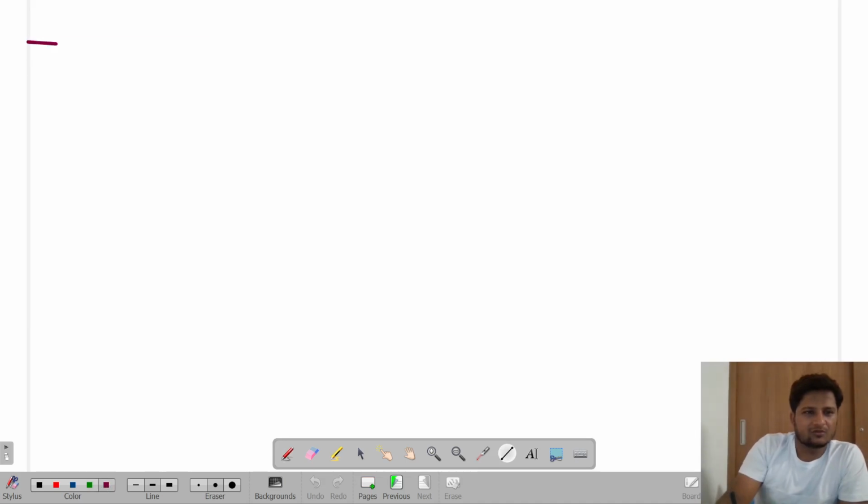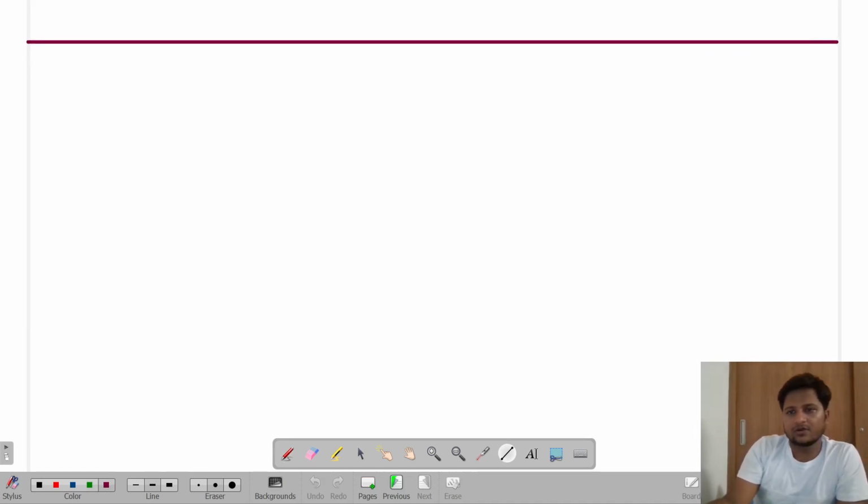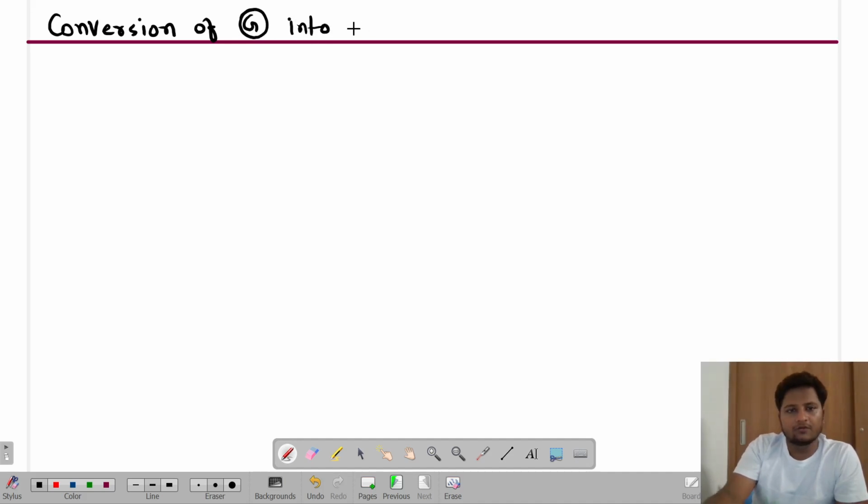Today will be almost, let us see till where we will complete. Today, the point is conversion of galvanometer into voltmeter. Okay,